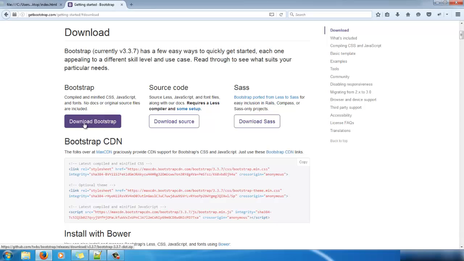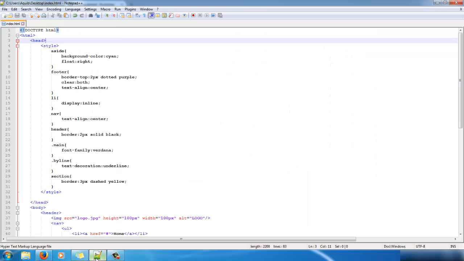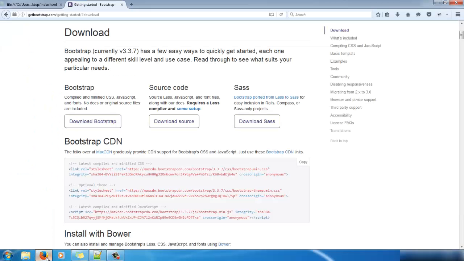Once you go there, there are two ways to go about it. The first way is you download the zip file, which will give you all the CSS files that are there in Bootstrap, and then you need to link to all the Bootstrap files here in your header. The second way to go about it is, if you have a working internet connection, you just need to copy this particular line which says bootstrap.min.css. Just copy this